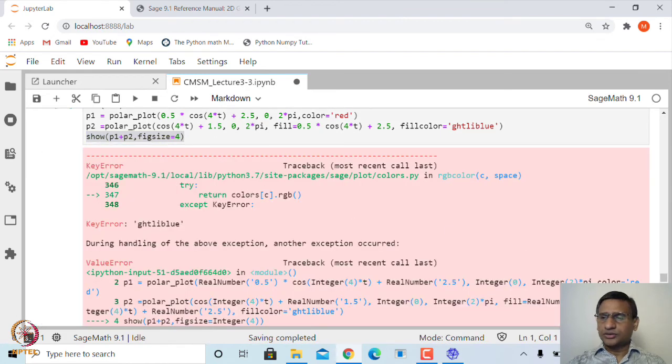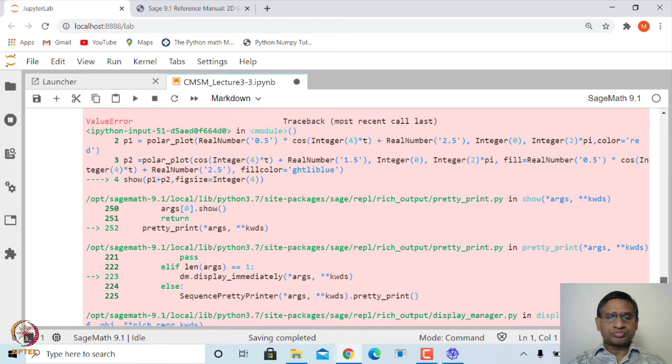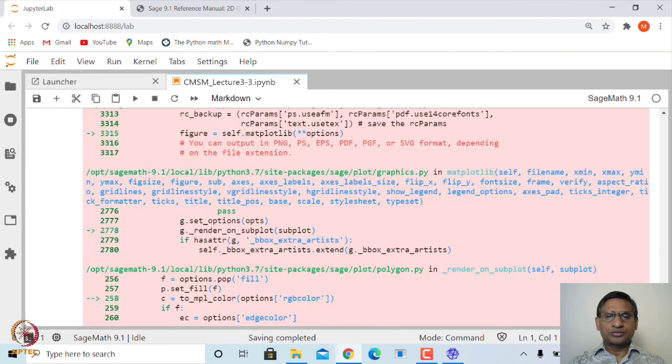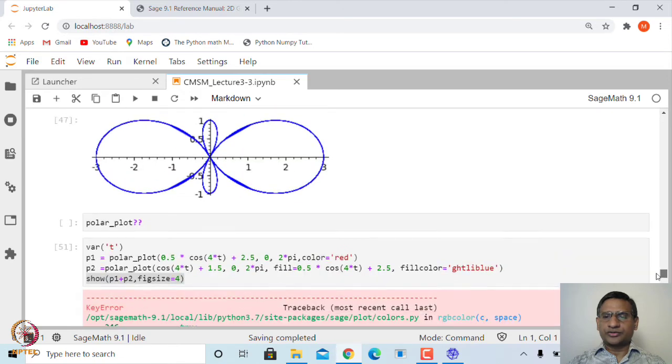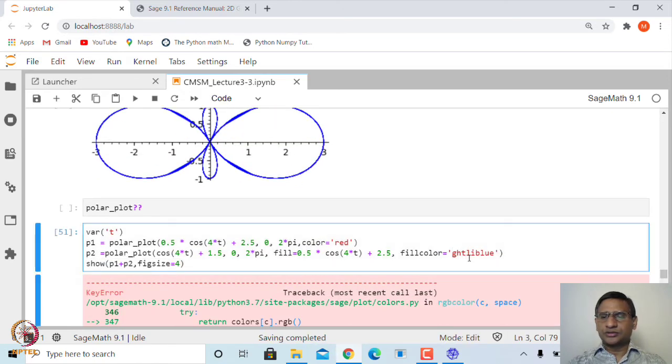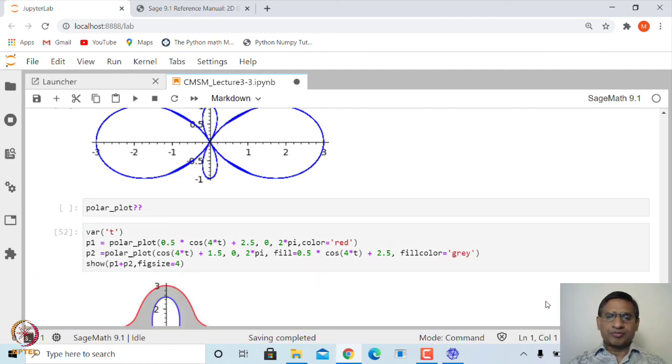Something went wrong. Oh, right, let me call this as, for example, let us say gray. Yeah.